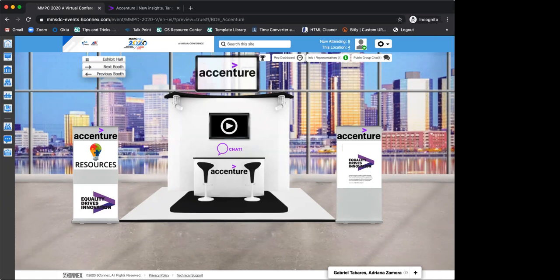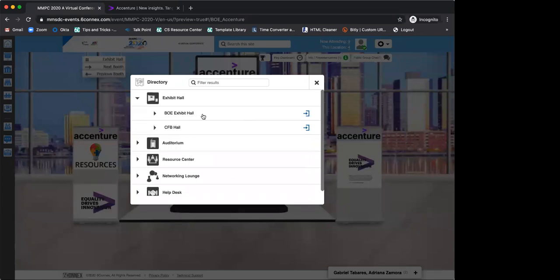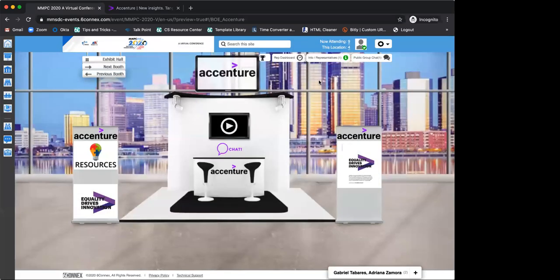Career Fair booth exhibit hall will only be active on September 1st. The BOE exhibit hall will only be active September 2nd and 3rd. Correct. So when you click on here, you're not going to see these 2 options. You're only going to see one. And actually, you're not even going to see this window. It's going to take you directly to that exhibit hall.